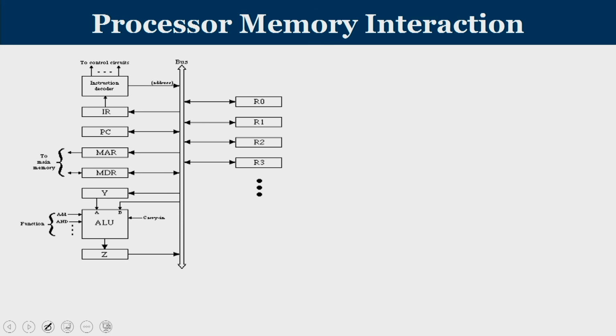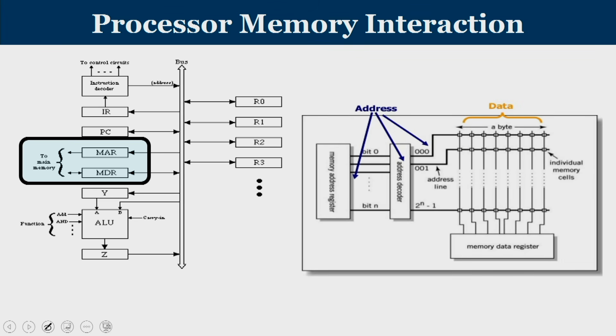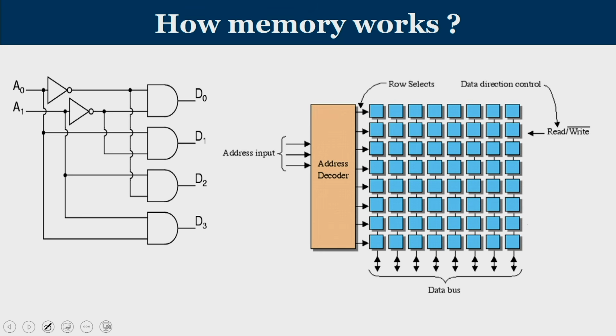So we have seen the general structure of the internals of a processor, and MAR and MDR are the two registers that are responsible for interfacing with memory. We have already discussed that there is an address decoder which decodes the input lines, which are nothing other than the memory address register's output, the address associated with a word. Based upon the address, one of the words is uniquely selected and the contents are transferred to the memory data register. As I mentioned, the process of uniquely selecting a memory word from a given address is facilitated by an address decoder.